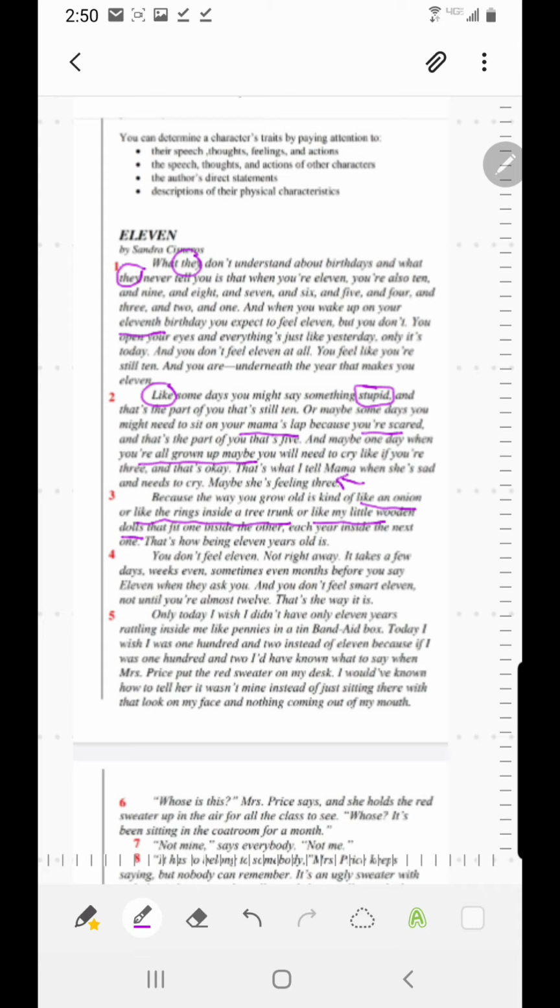And then if you've ever had those little Russian wooden dolls, we actually have some in my house. The large one, you open it up in half, and inside of that is a smaller one. And then inside of that is another one and another one. So you get all the way down to the core, and there's just this tiny little wooden doll. And so she's saying all the ages are trapped inside of you and locked away, like an onion has layers, like a tree has rings, and like a wooden doll has a smaller wooden doll inside of it.